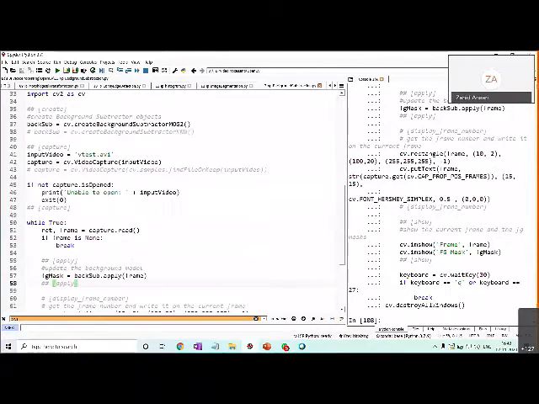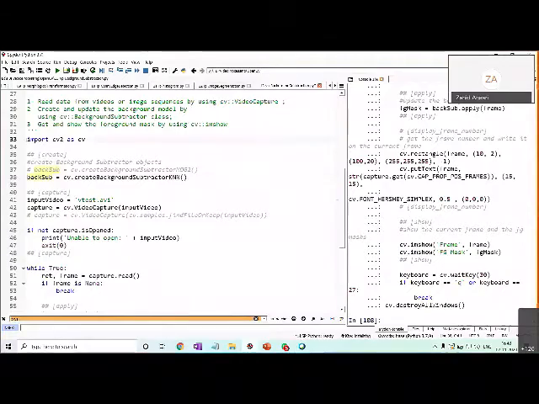There's another subtractor also. I could not find much difference between them, but I think the background noise in the first case is more, and the foreground noise in the second case is more. That's what I observed, but I did not read the theory for this, so I'm not sure. But I'm taking the second background subtractor, and using that I'm doing the same thing over here.